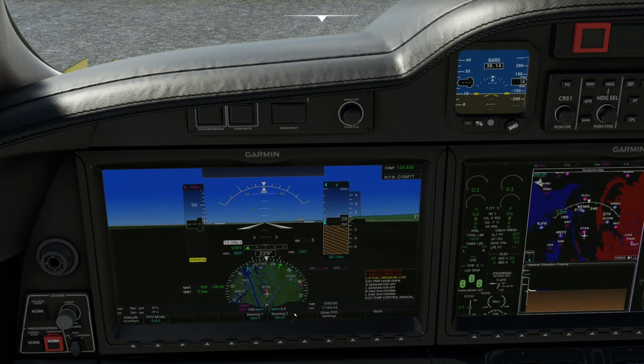its DME. So if we do the same thing on Nav2 and switch to 113.1, 113.1 would be LGA. However, it is not in range from here. When it becomes in range, it'll automatically detect and it would show up and we'll have our bearing pointers. But because our nav source is Nav1 and it's in loc mode, we are going to see TEB of 108.4